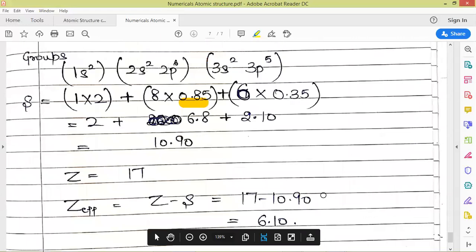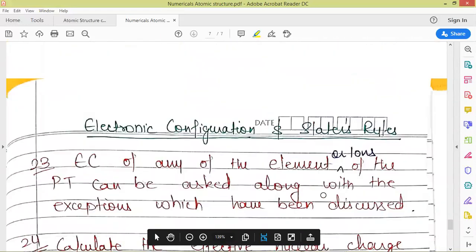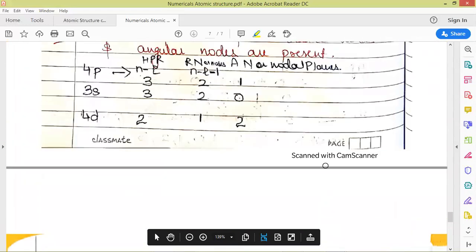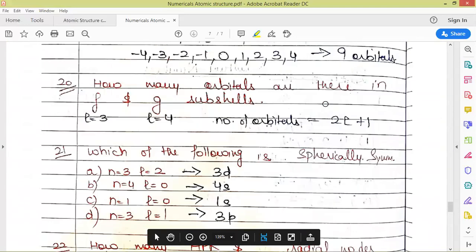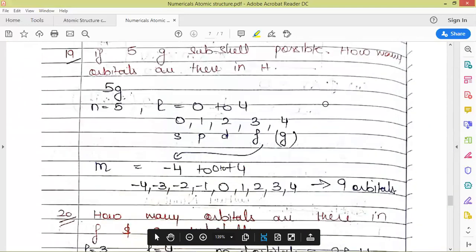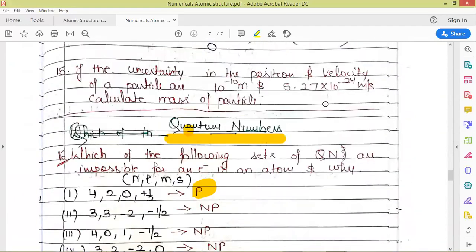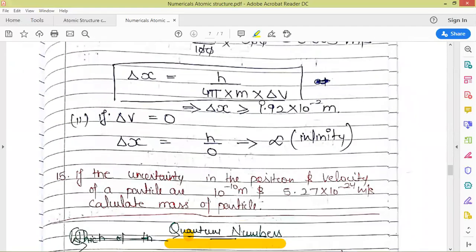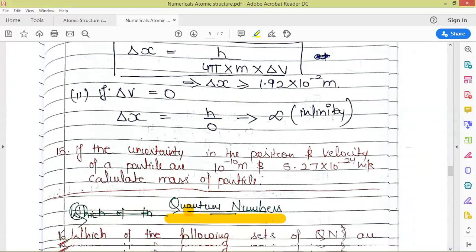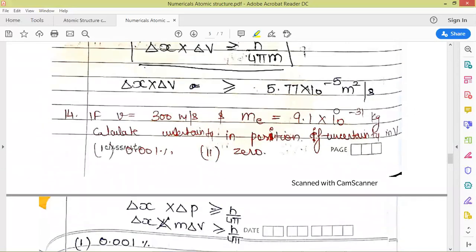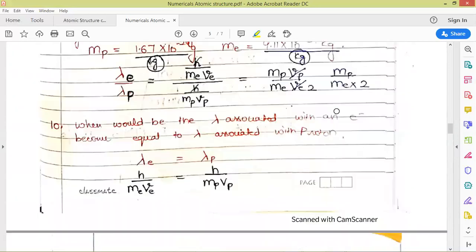So these are the types of questions which will be asked from you out of this chapter. So that is it for this chapter. With this, our first chapter, that is atomic structure, is finished. The next chapter is periodicity. Before shifting to the periodicity part, we'll be discussing the periodic table in detail so that you can better understand the periodic trends. So that is it for this video.